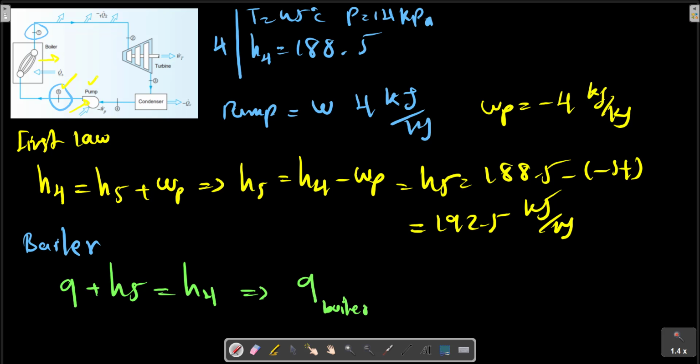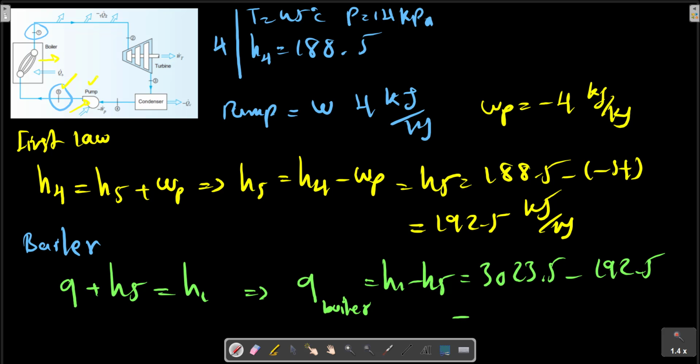So Q boiler equals H1 minus H5. H1 is obtained as superheated, from before, minus H5, in kilojoule per kilogram. This is the end of this